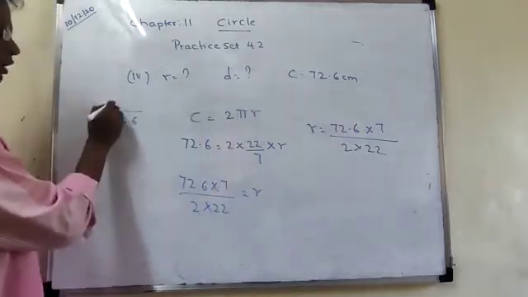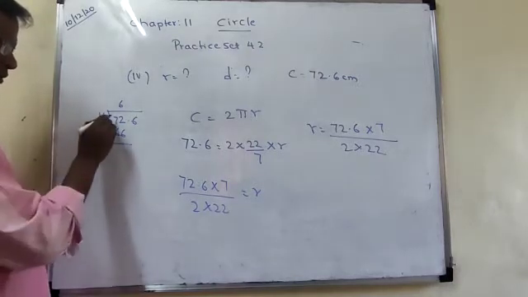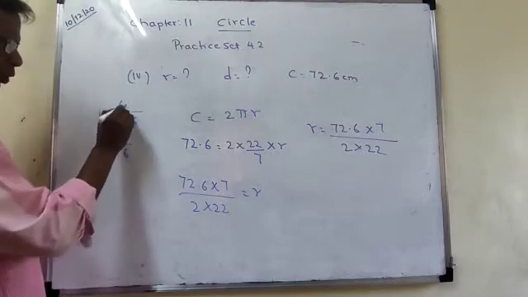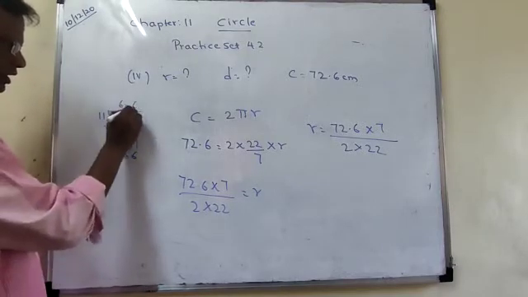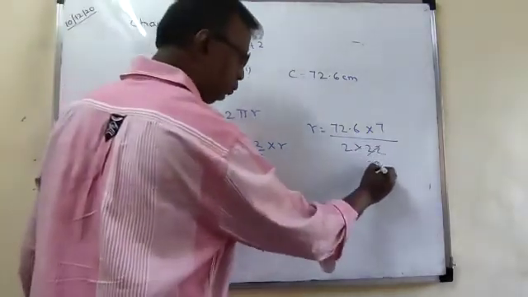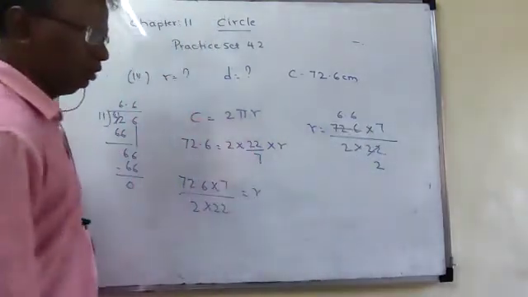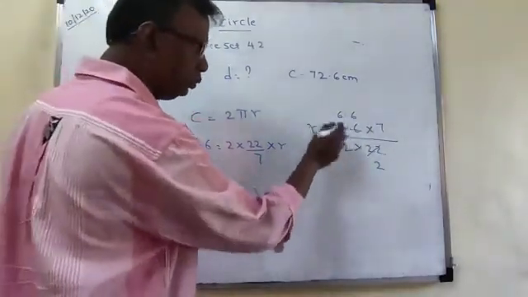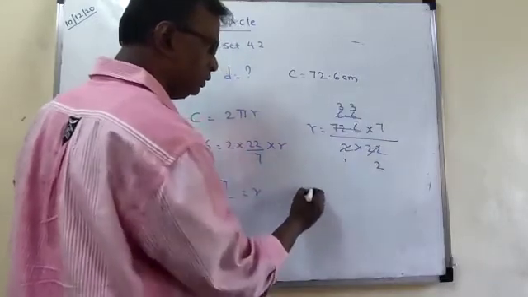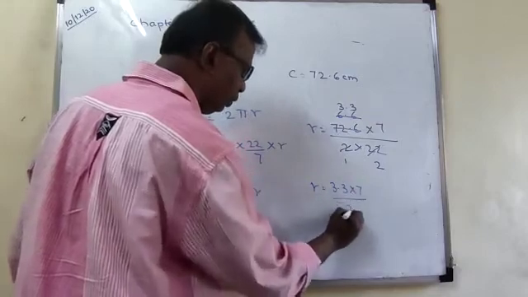Okay? 22 6s are 66. Right? Here it doesn't go. So here 6. 12 minus 6, 6. Put the point. This will be 6. 22 6s are 66. Right, students? So what is the answer? 22 into 2, what is the answer here? 6.6. Okay. Now once again it will cancel in the table of 2. 2 ones, how much will come? 3.3. So r is equal to 3.3 into 7 upon 2.